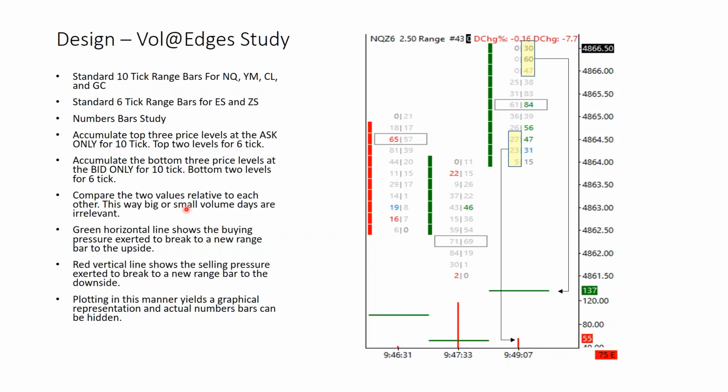So if you have a low volume day, you're going to have smaller numbers on both ends, traditionally. So the green horizontal line is the buying pressure exerted. We covered that. Plotting in this manner yields this graphical representation. Eventually, down the road, I found there was no need to even see these numbers bars, because the computer is adding up the levels I want and displaying it down here. So eventually these get hidden. That's basically the concept behind this and the design. This is what these bars at the bottom represent. So if we move forward,